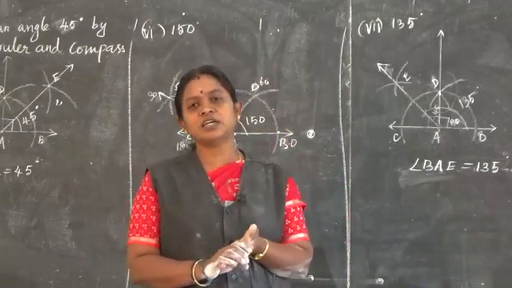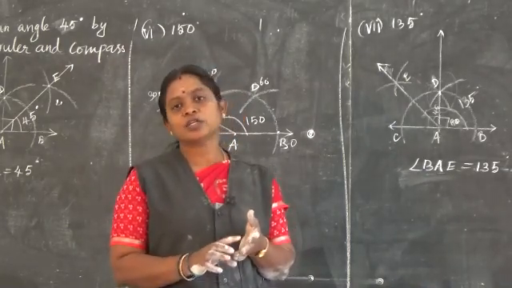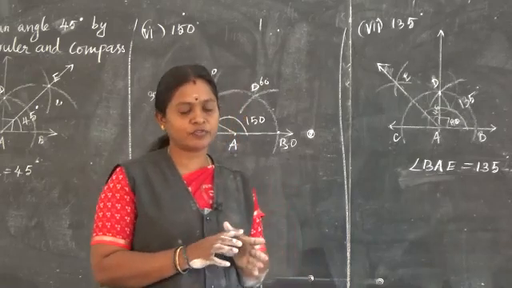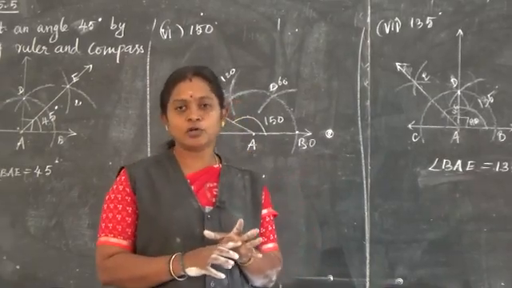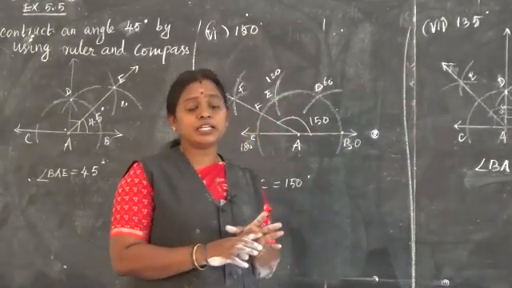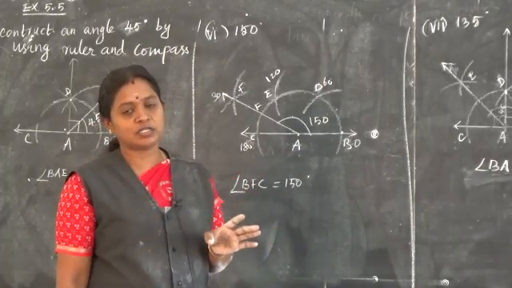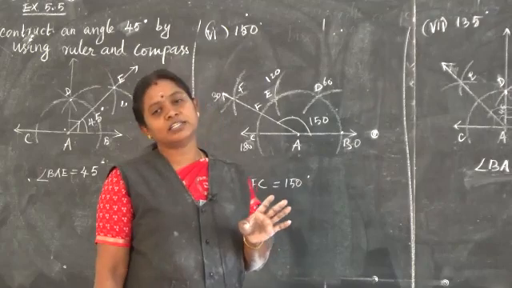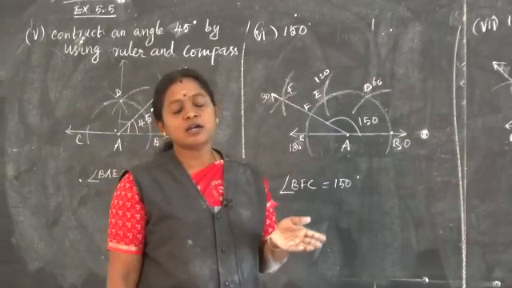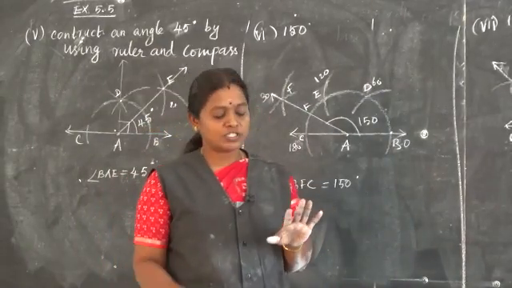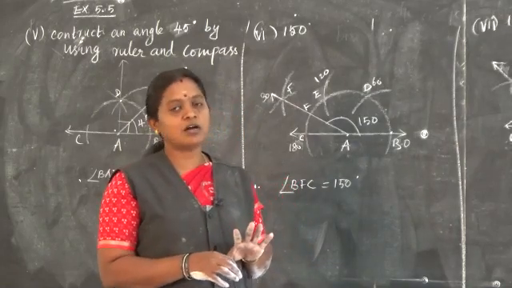What are the properties we learnt? Closure, the second one commutative, the third one associative, the fourth one inverse property, the fifth one identity property. You know the additive identity and multiplicative identity, additive inverse and multiplicative inverse also. 0 is the additive identity and 1 is the multiplicative identity. Everything you should learn. The first chapter is integers. You should thoroughly revise all the problems every day.